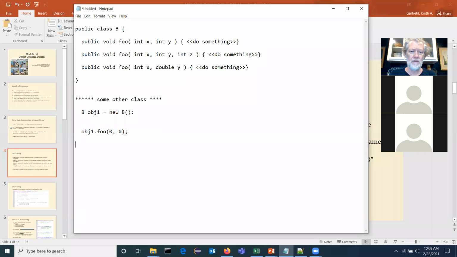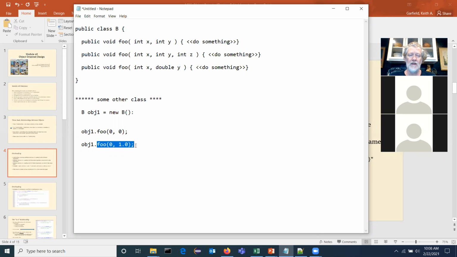And if I call object 1 dot foo 0 1.0, that second version of foo down here, can you go back to B and unambiguously decide which version of foo I wanted from class B?